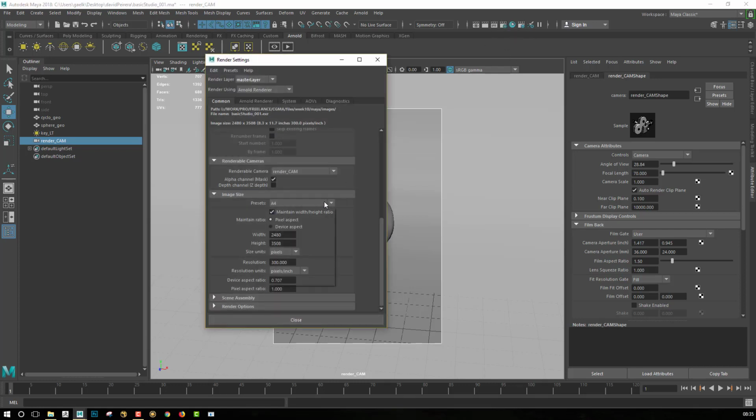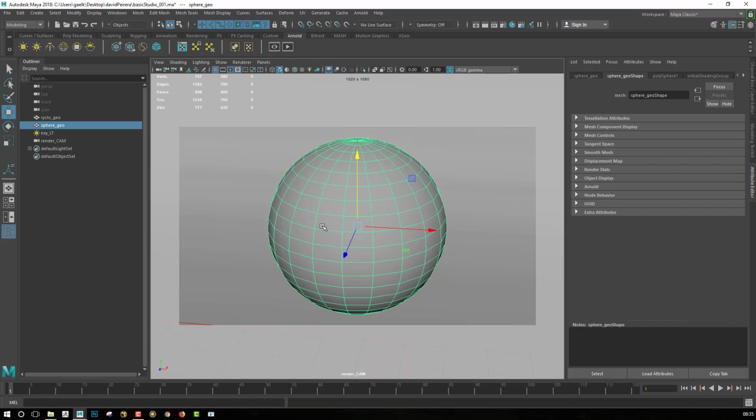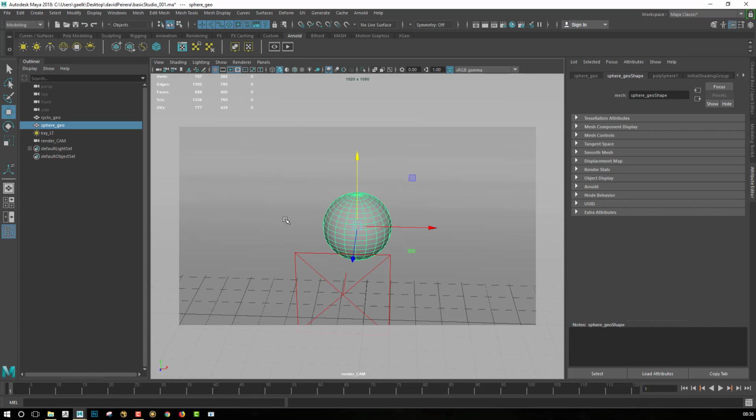I will just go back in the resolution tab and choose 1080p to start with. Something that I will do from this will be just to select my object and click F to frame it. Frame it means it will be in the center of my picture, and it will also mean that the aim of my camera will be directly on this object. So if I'm doing some rotation from now, the aim will always be my object, which is really cool. You really want to do that from the beginning when you are starting to set up your scene.